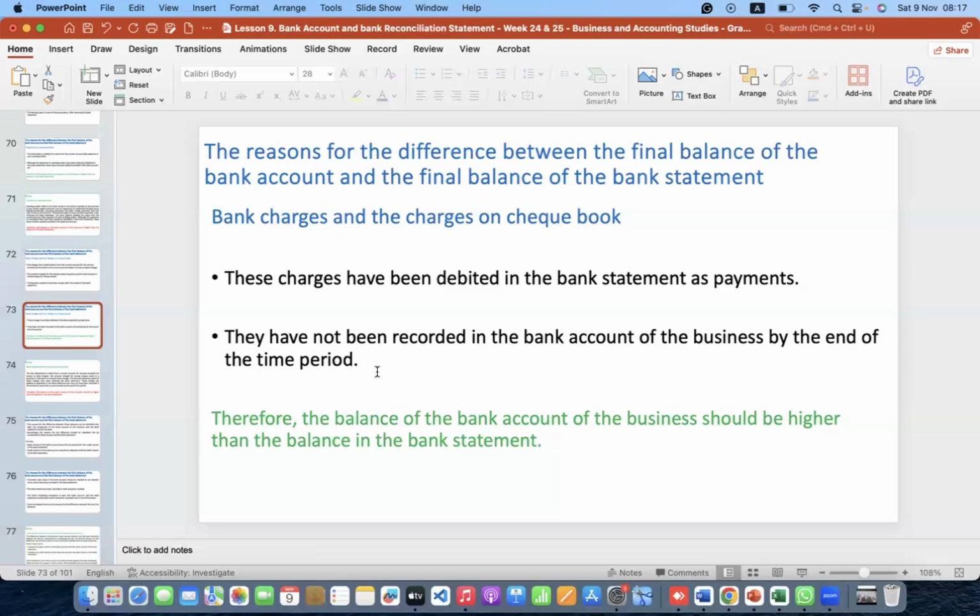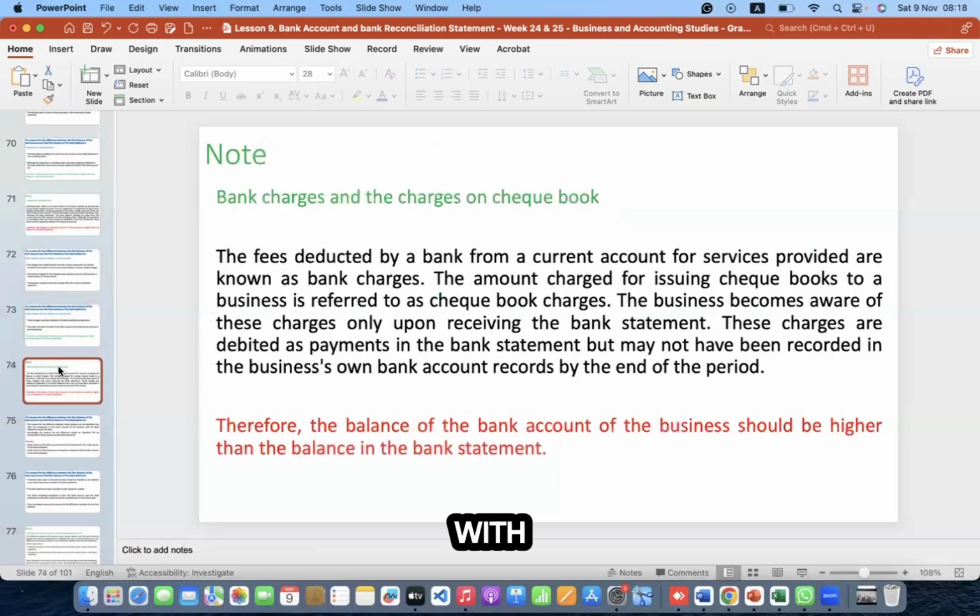The balance in your bank statement has been reduced, but you have not recorded that on the other side. You have not recorded it in your bank account. So the bank account balance is higher than the bank statement. What you should do is reconcile these two amounts. Okay. So with that,